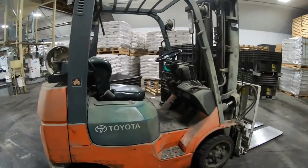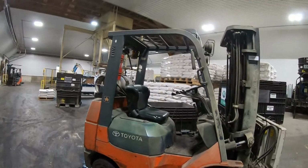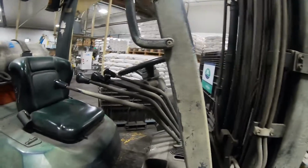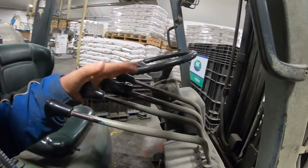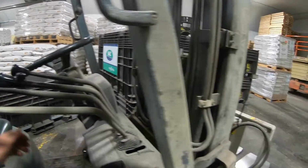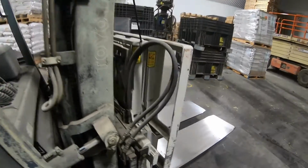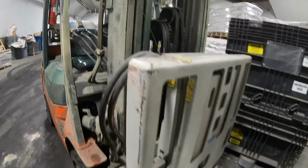This is lift truck number 7, again a Toyota. Looks like we've done a little painting with it. We use these for everything. This one has 4 functions on here, and it's one of the few lift trucks that we have that has 4 functions. And the reason is because it has a push-pull on here, and what it does,